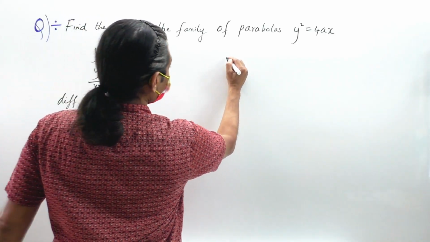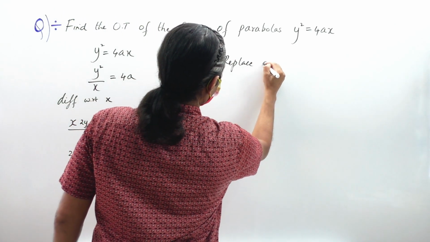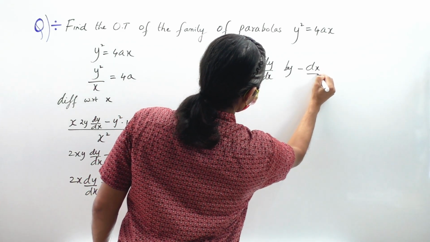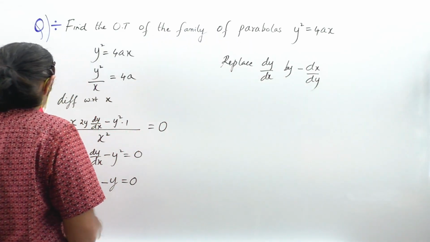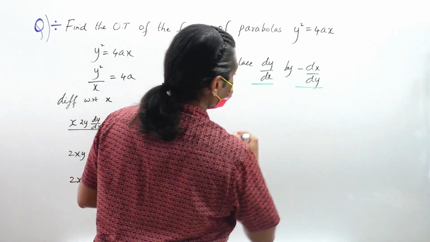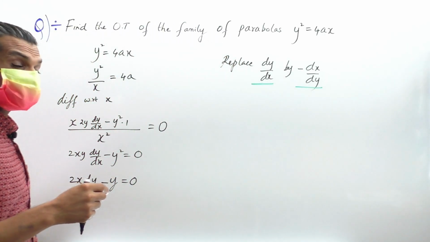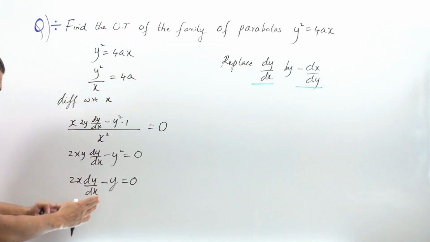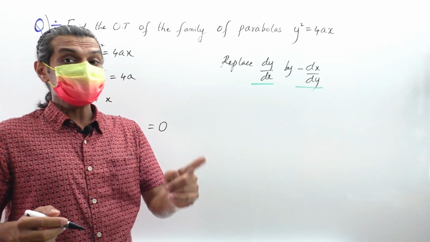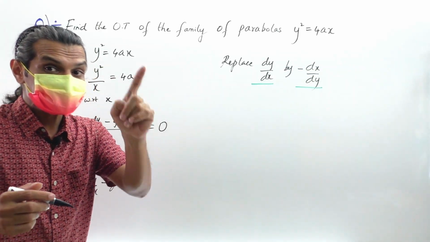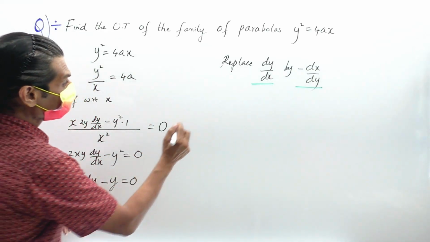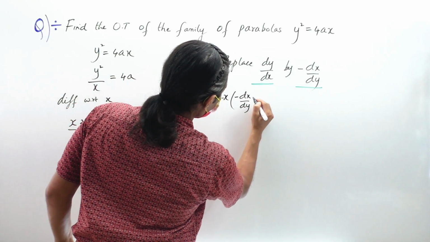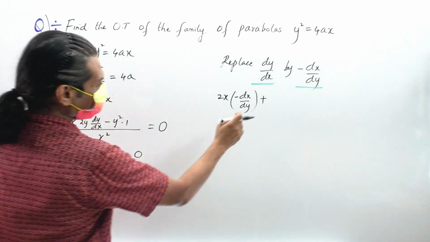one thing, that is replace dy by dx by minus dx by dy. Very, very important. Replace dy by dx by what? Minus dx by dy, as we discussed in the theory or the method. So what we get here? 2x dy by dx minus y is equal to 0. Here we will replace dy by dx by what? Minus dx by dy. So 2x into minus dx by dy, minus y